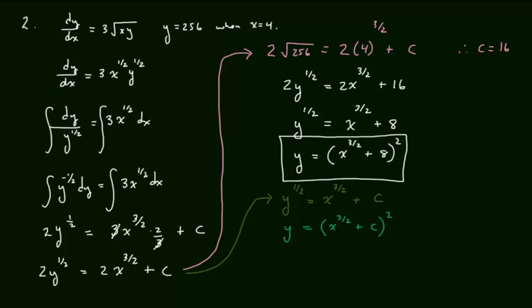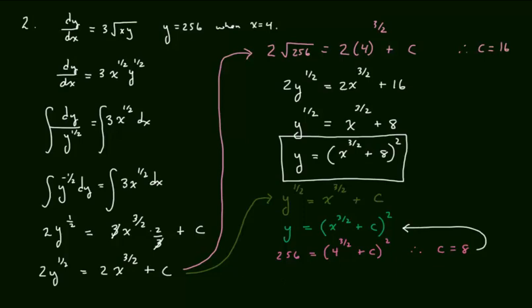Now I'm going to plug in my condition. So now I have 256 equals quantity 4 to the 3/2 power plus c squared. I'd have to square both sides, and ultimately I would solve for c. In this case, c came out to be 8. And if I plug this back into here,